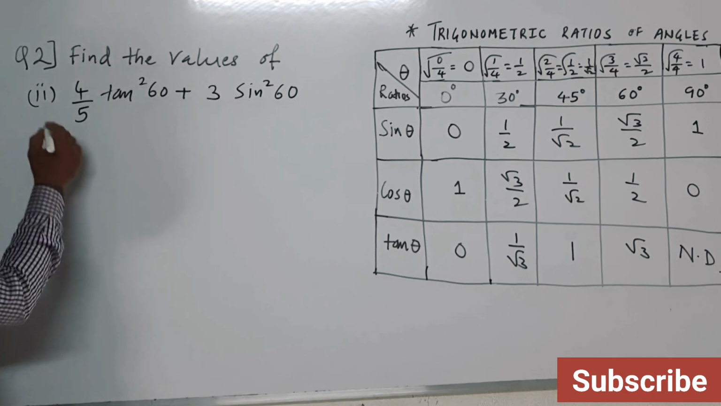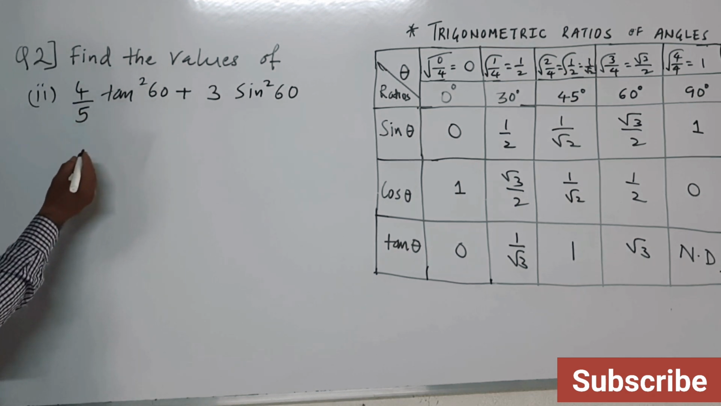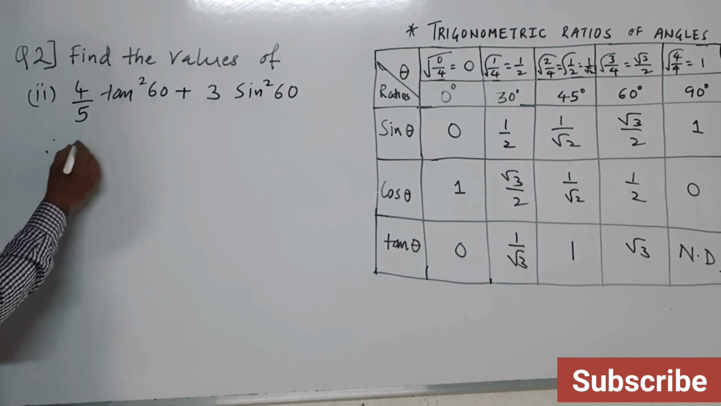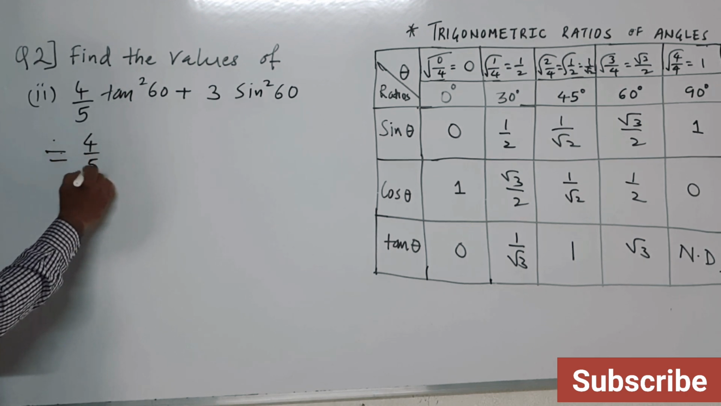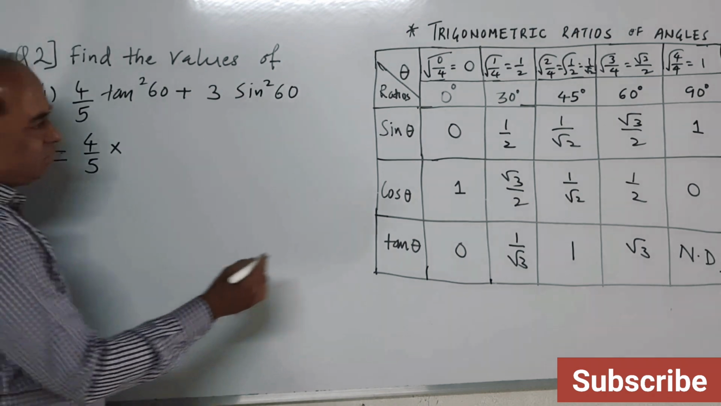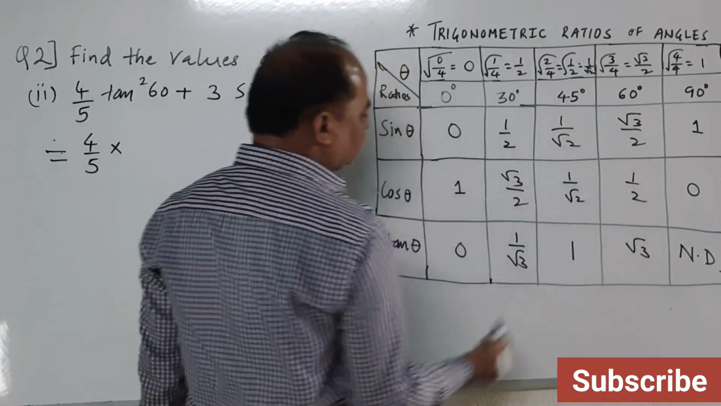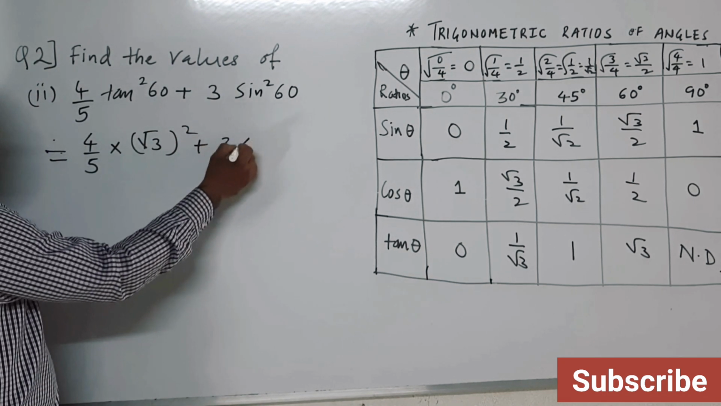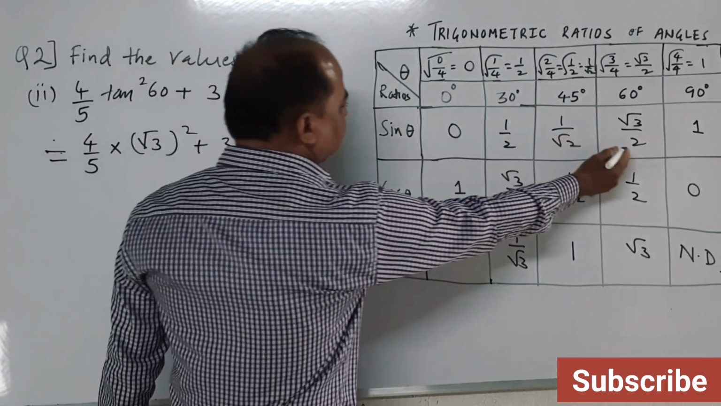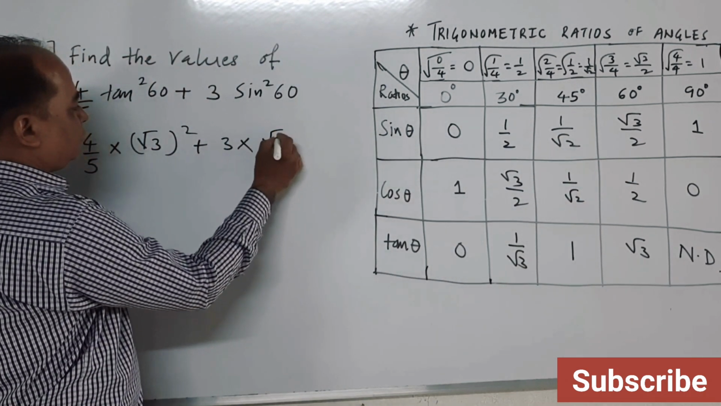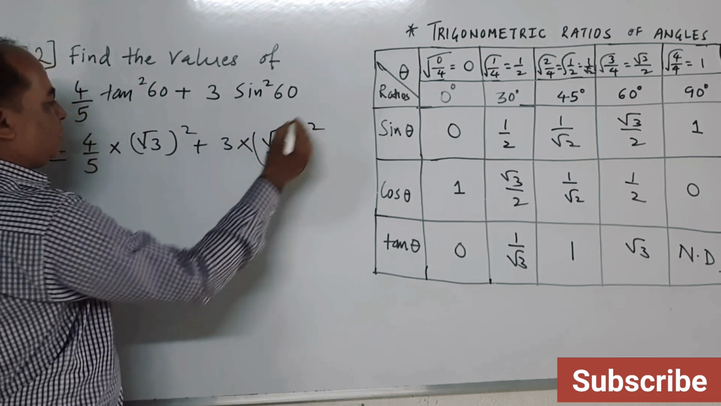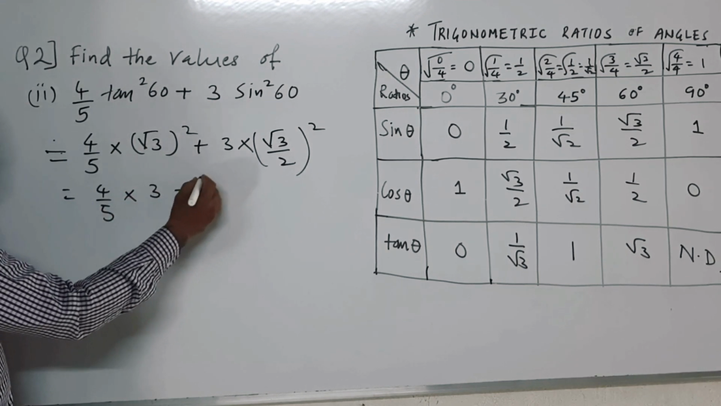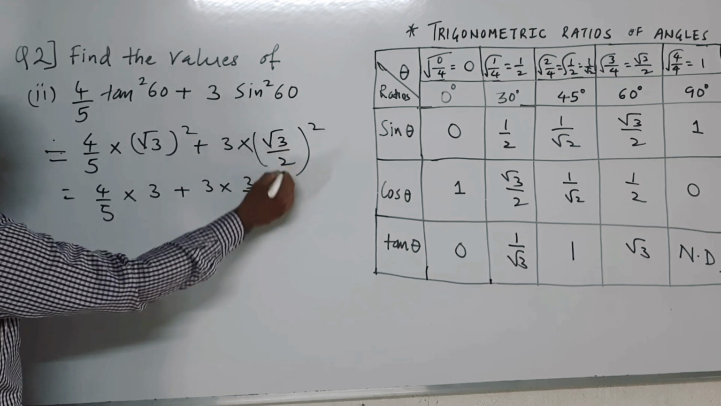Second example: 4 upon 5 tan square 60 plus 3 sin square 60. Therefore, it is equal to 4 upon 5 into (tan 60) square plus 3 into (sin 60) square. Tan 60 is root 3, bracket square. Sin 60 is root 3 upon 2, bracket square, which is equal to 4 upon 5 into root 3 square is 3, plus 3 into